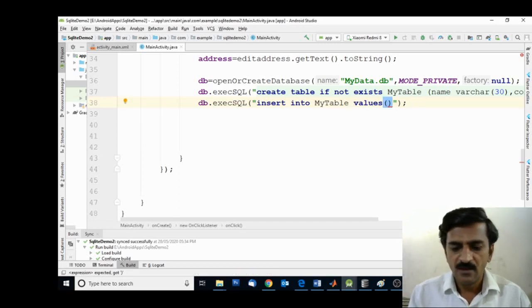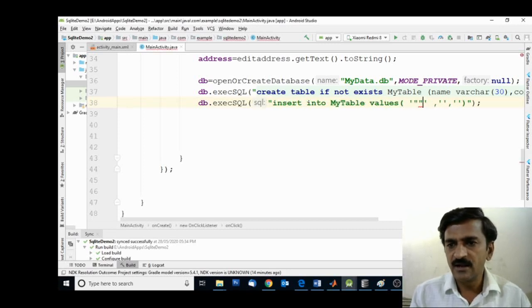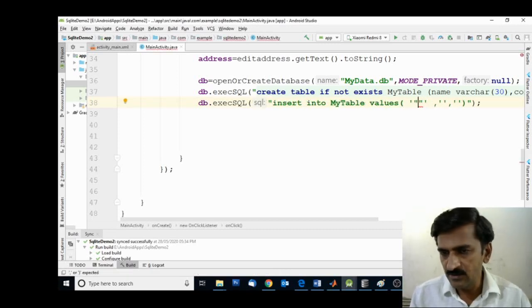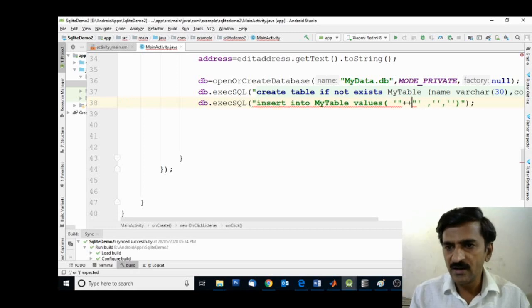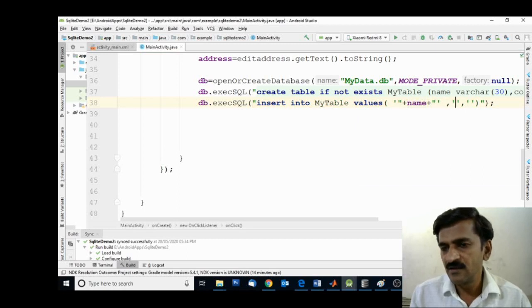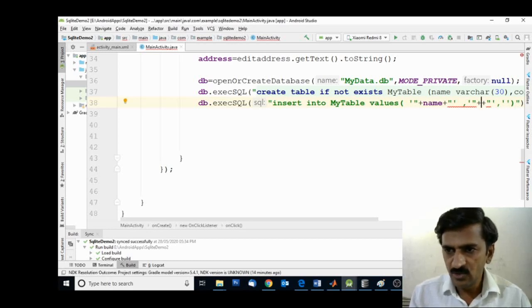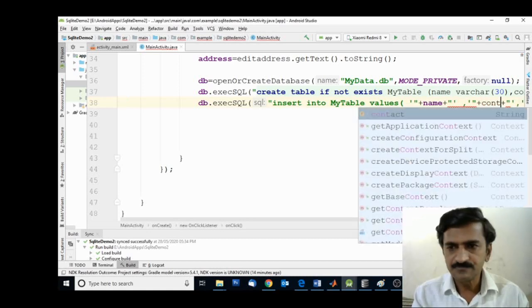Values we must specify in single quotes. I am adding three single quotes, so three values we require. Inside this single quote I am simply adding a double quote. Inside the double quote I am adding plus, and inside this plus I am adding name. So name should be concatenated here. Similarly, for getting contact I am adding the double quote, plus, and contact.